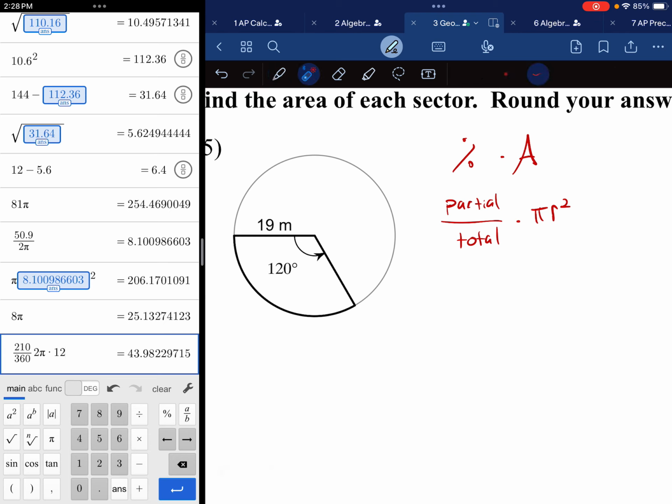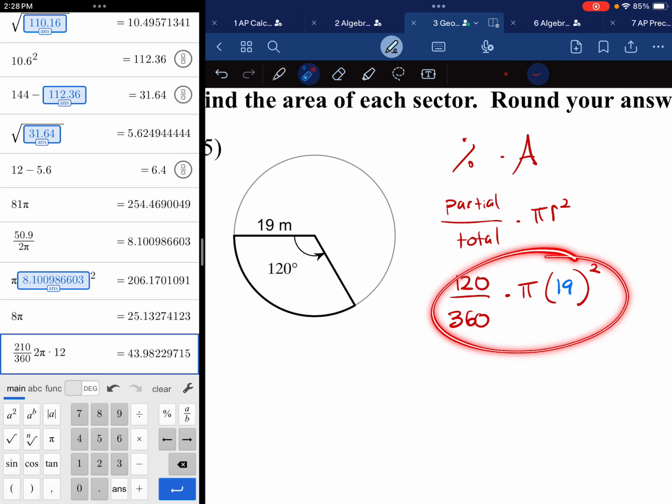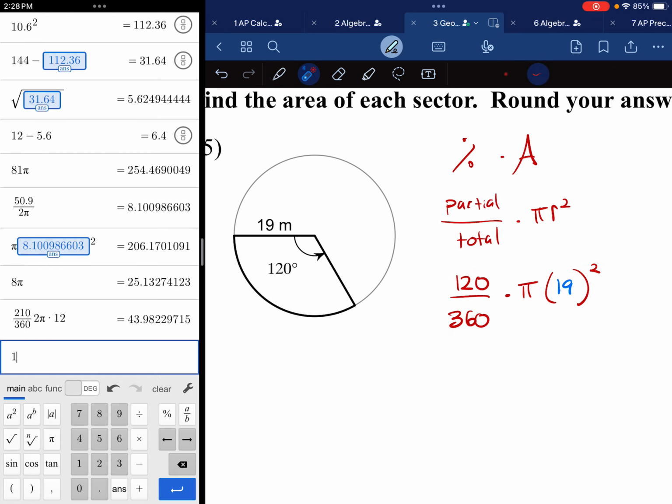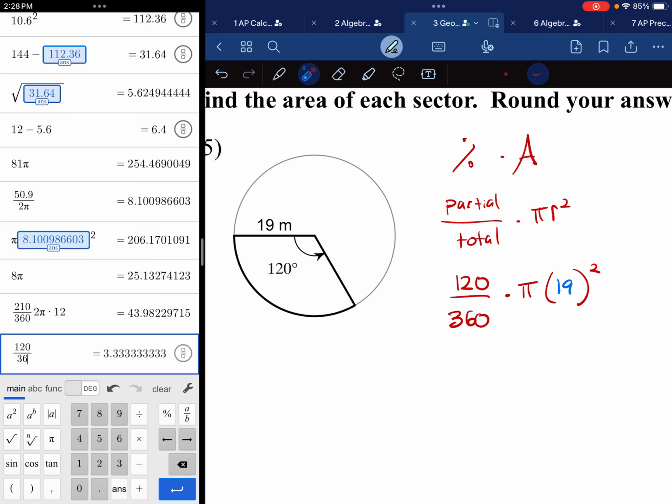So my partial in this case is 120 degrees. So I have 120 degrees. The total degrees of a circle is 360 degrees times pi times radius, and that radius is going to be squared. Our radius in this case, it's clearly saying the radius is 19 meters. So I plug in a 19, and I just have to type this into my calculator, and I'm done. I just say, okay, 120 divided by 360 times pi times 19, and 19 is going to be squared,